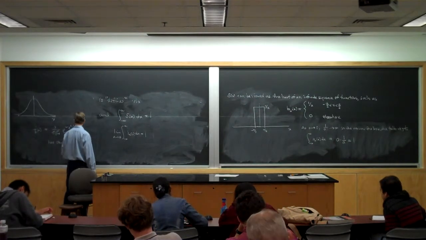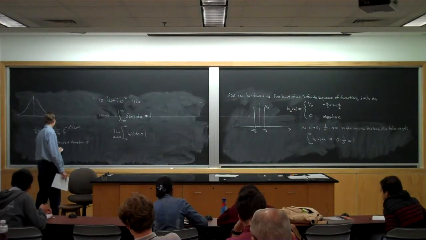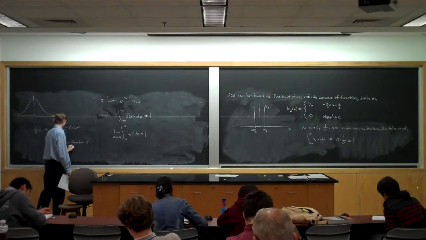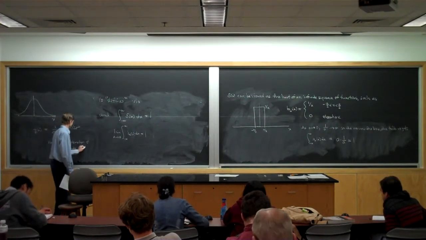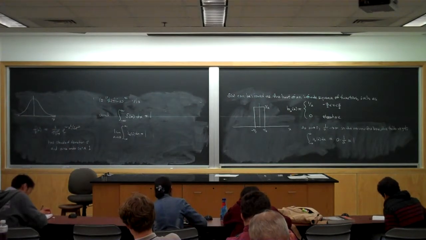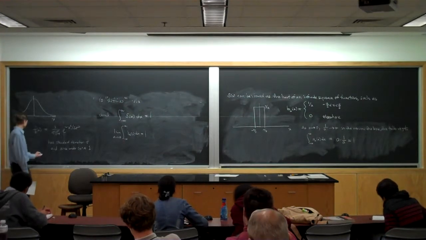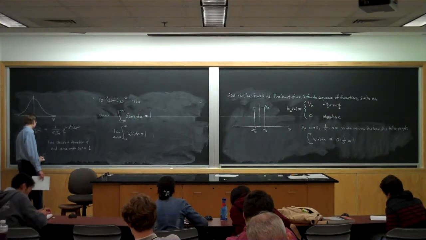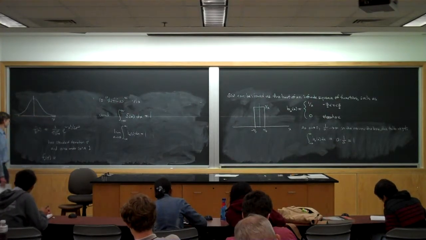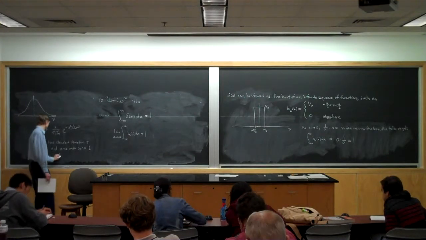That has standard deviation sigma, and the area under the curve is 1. That's the normalized Gaussian function with standard deviation sigma. And if I plug in sigma there,